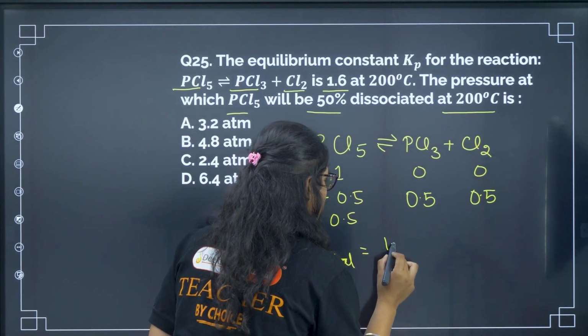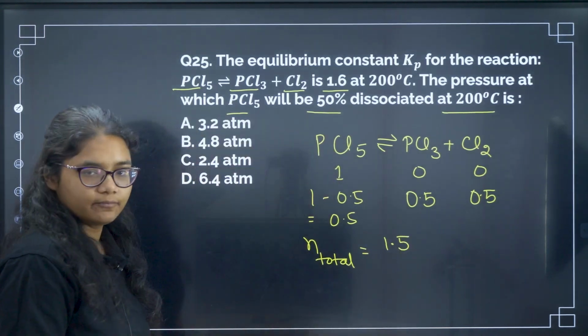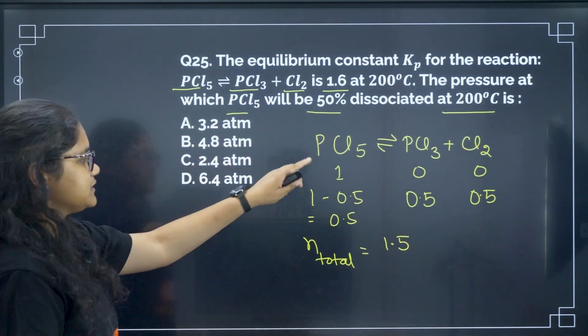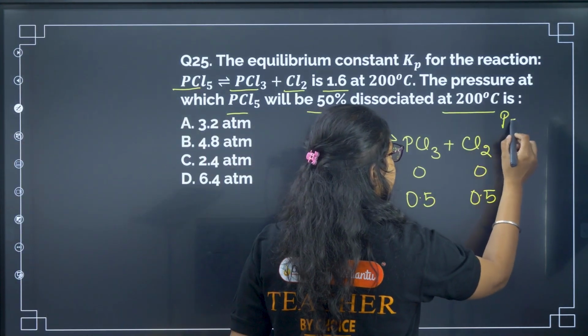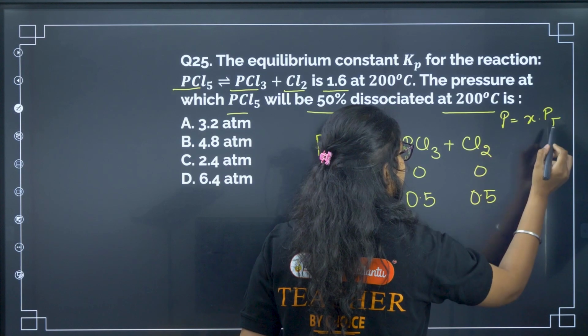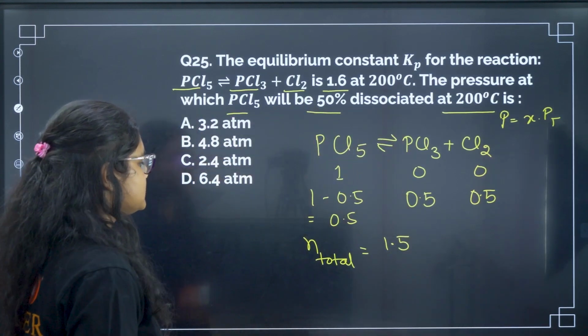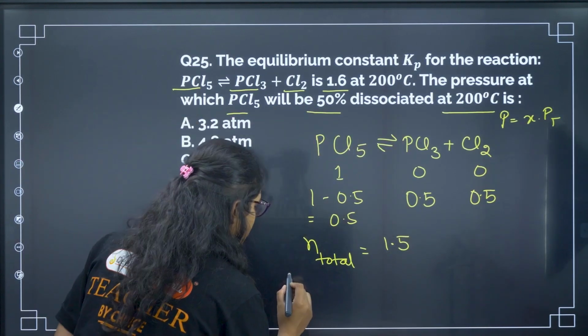N total is 1.5, right? Now we can calculate the partial pressure of each of them. So what is the formula of partial pressure? Partial pressure is mole fraction into P total, right? So now we can calculate the partial pressure of